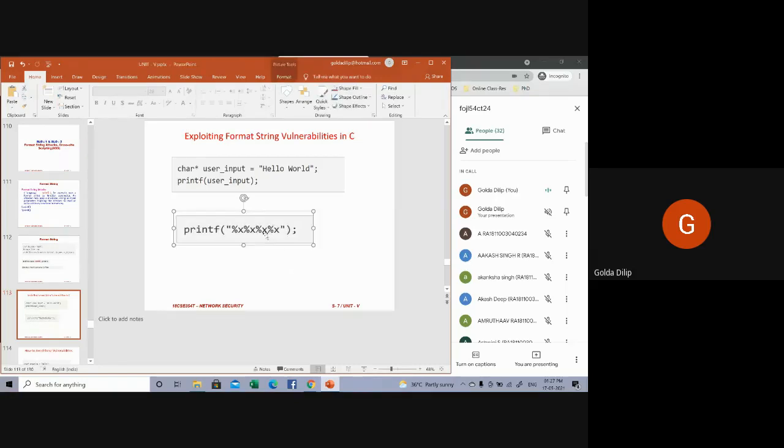Okay, so this string does not contain any text, but it has lots of format specifiers. Here I'm using %x, which is for a hexadecimal value. For each format specifier it encounters in the format string, printf will expect to find a suitable variable in its argument list. As you know, in a C program, where are the variables being stored? The variables are stored on the stack, in process memory.